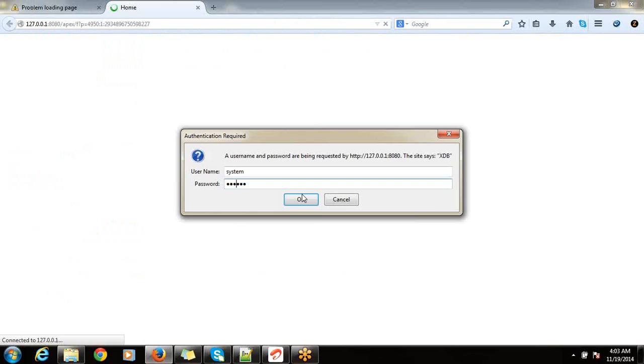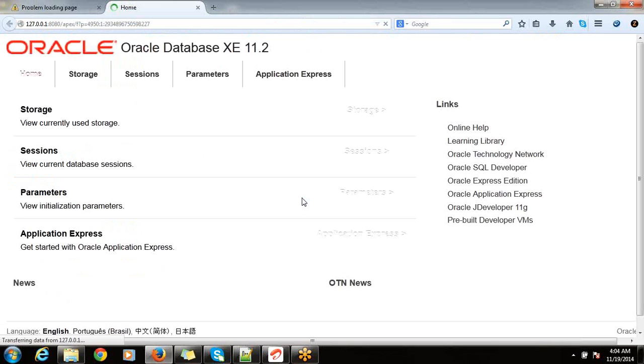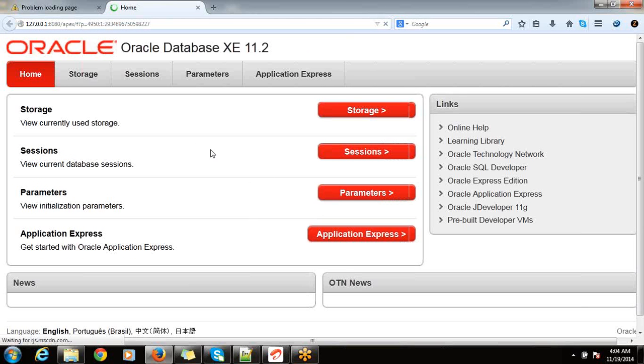Then click on the OK button. For you it may not ask for the username and password, as on my machine. For the first time, when you click on the get started link, it will directly open this particular screen in the browser.